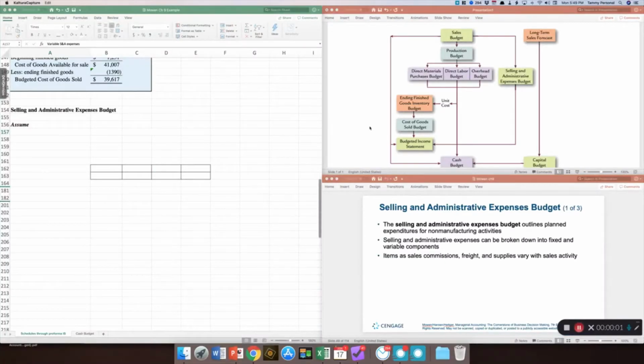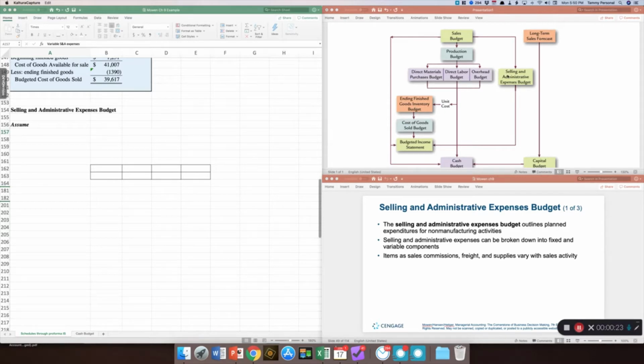Okay, we are almost in the home stretch, right? So we've done the sales budget, production budget, all the subsidiary direct labor and materials budgets, which gives us our unit cost. We use that to calculate our finished goods inventory, which then went into our cost of goods sold. Now, the only other thing we need in order to get to our income statement is to do a selling